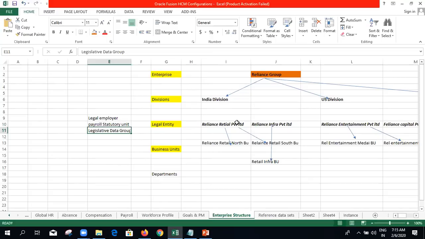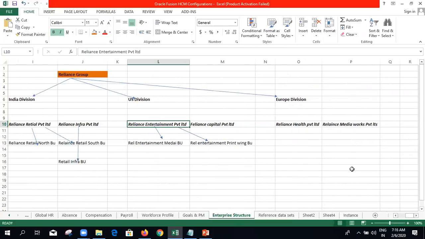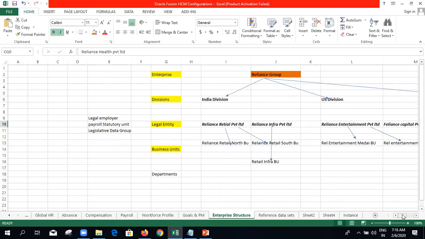So when I am hiring the employee from the front end, the system will understand that this country is India, so I have to provision the rules related to India for that employee. When I am creating the legal entities under the US, then I have to attach the US legislative data group. In Europe, if I am creating in the UK, then I have to attach the UK legislative data group.